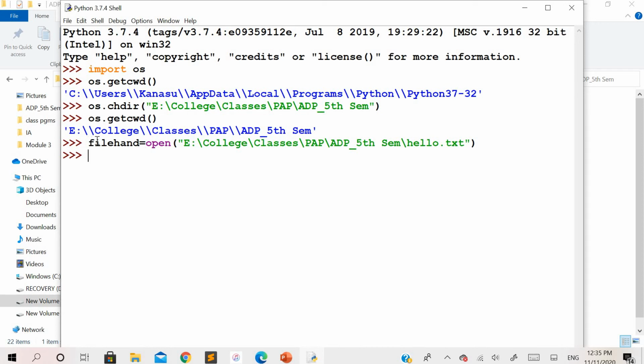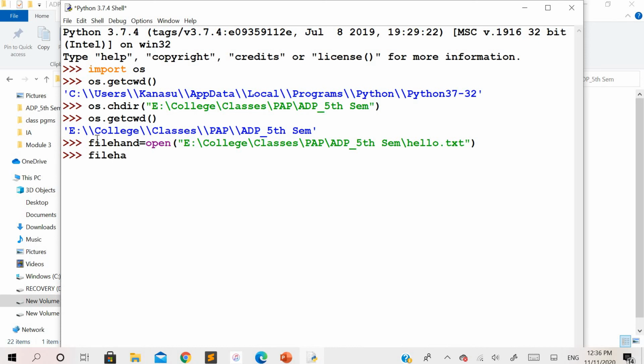So this file_hand variable for which you have applied the open method is considered as the file handler object. Using this object you can read the contents of the file, and you can even write contents into this file as well. First we'll see how we will be able to read the contents here. For reading the contents you have two methods. The first method is file_hand.